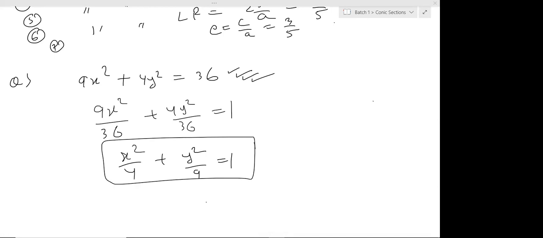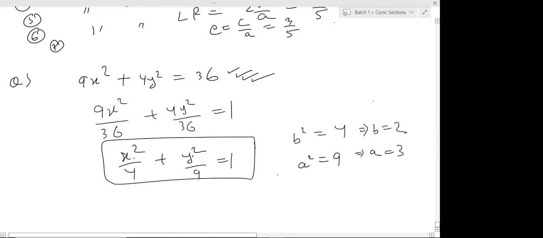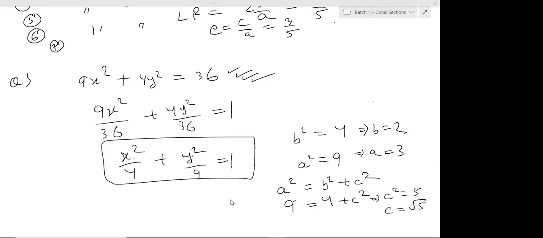Type 2, absolutely right. That means b square equals to 4 and a square equals to 9, right? Y square upon a square, x square upon b square. That means b equals to 2 and a equals to 3. The first thing is finding the value of c. So this is 9 equals to 4 plus c square. C square equals to 5. That means c equals to under root 5. Right. Vertices are,